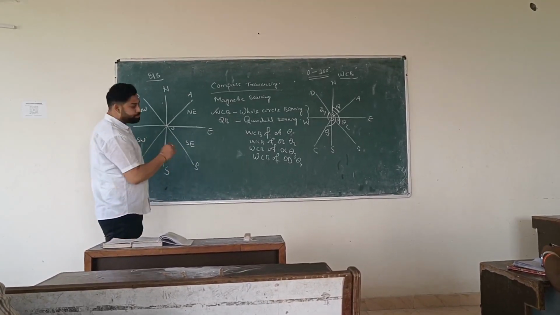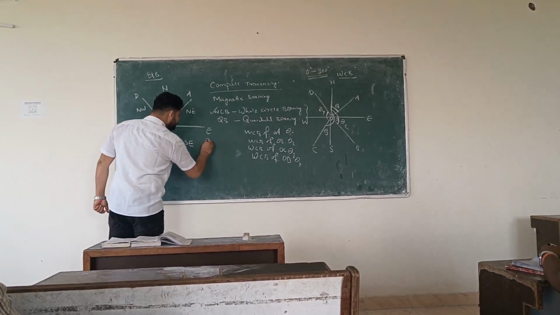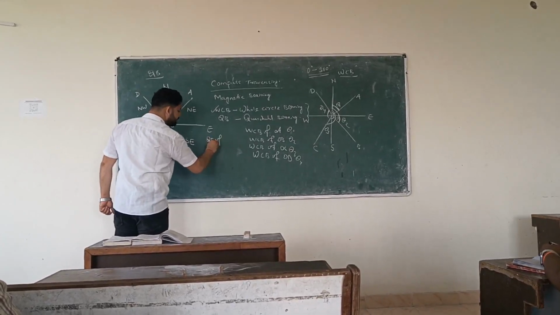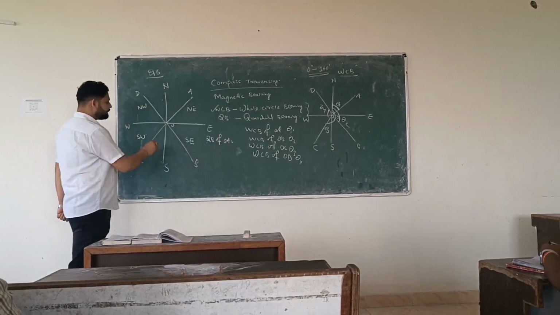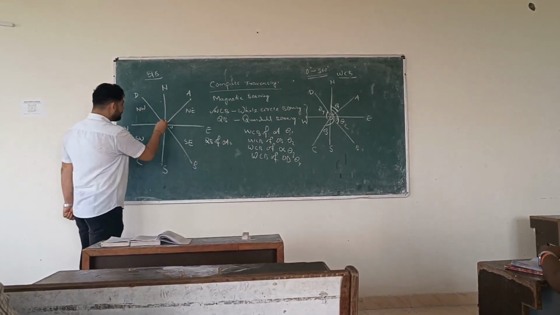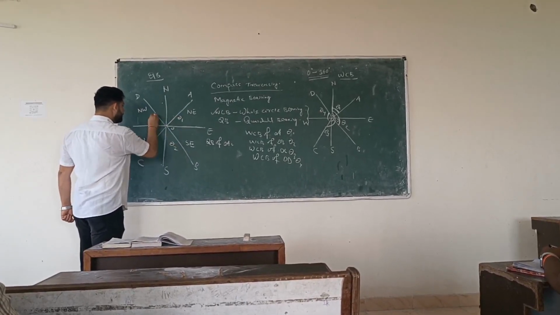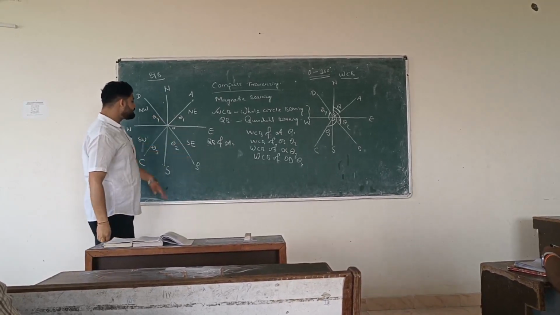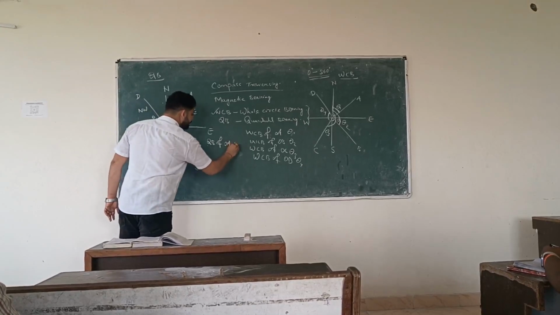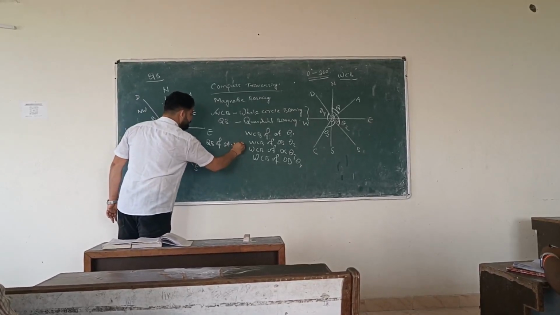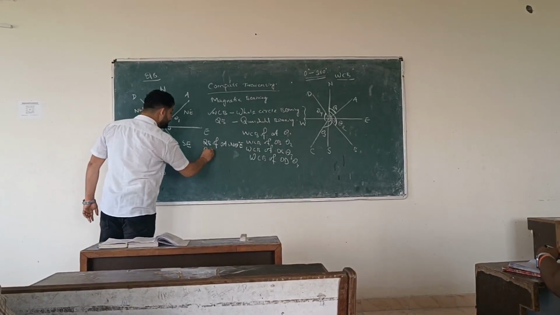Okay, that is QB of OA. If we go for QB of OA, QB means quadrantal bearing of OA equal to, this is your theta 1, theta 2, theta 3, theta 4. In this case we have to put the quadrant: north theta degree east. And QB of OB,